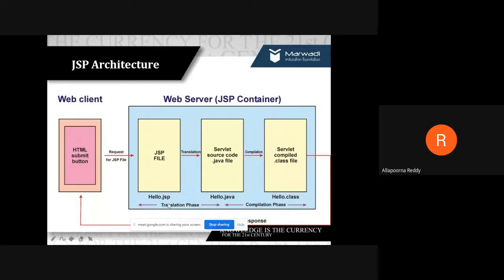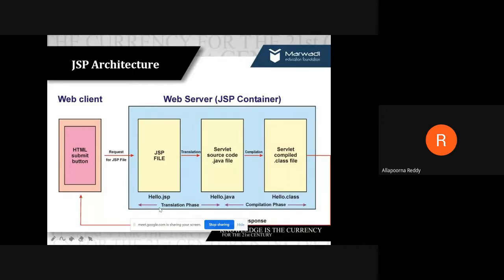But as I told, it may not contain as much code as your servlet contains. Once the client makes a request, it goes to JSP, and JSP is converted into a servlet. That is the source code of the .java file, and that .java is compiled to get your .class file.